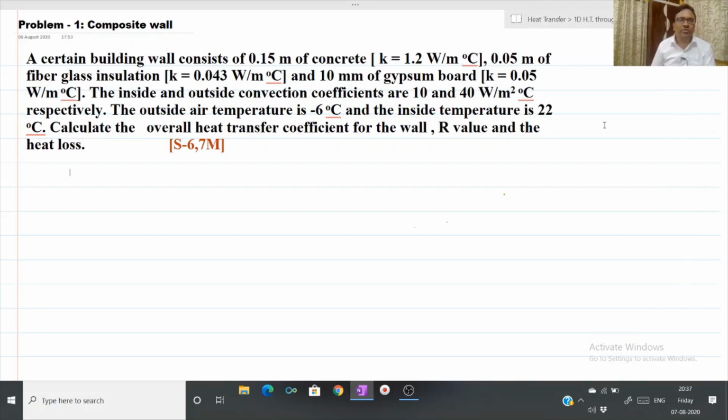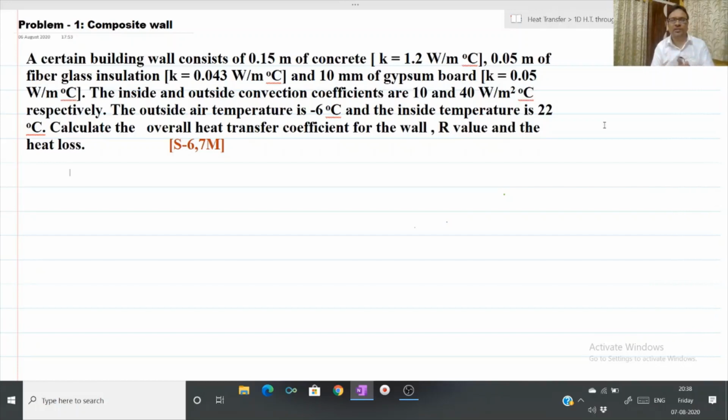So in the given problem, there is a concrete wall of a house, and inside of that wall is provided with a fiberglass insulation and then gypsum board to prevent heat loss. Generally, this kind of arrangement is provided in an air conditioning room. So the arrangement is like that. There is a concrete wall, outside is exposed to the environmental air, and inside is having a fiberglass layer and then